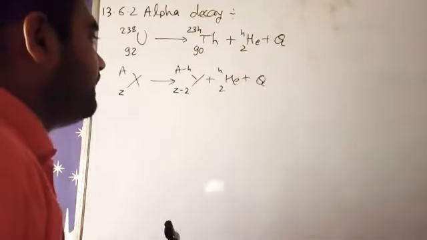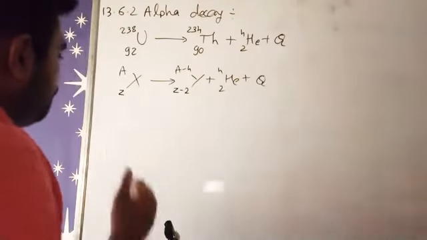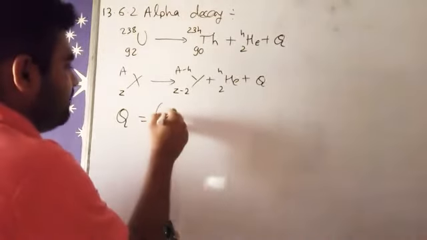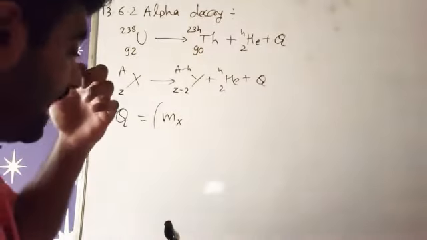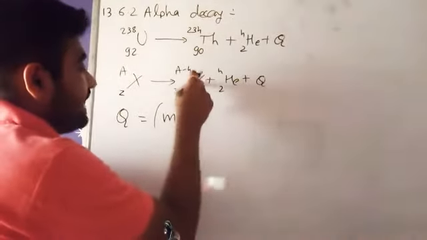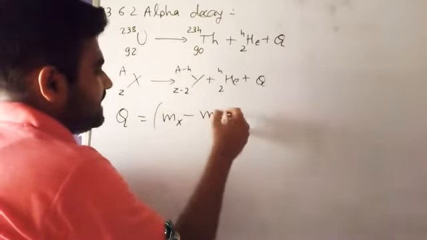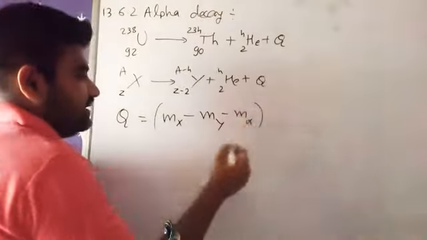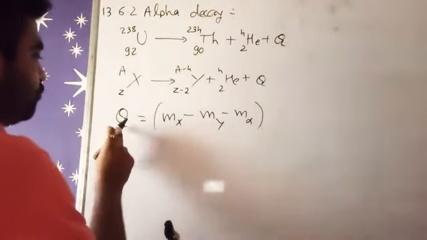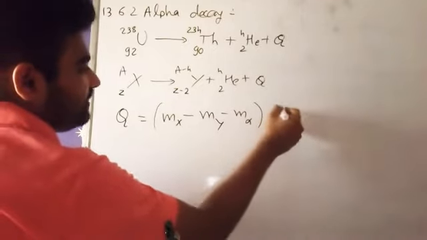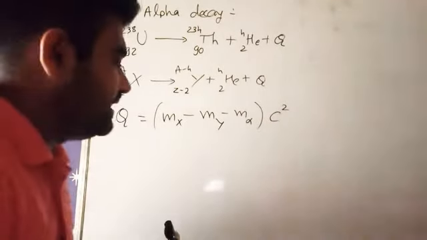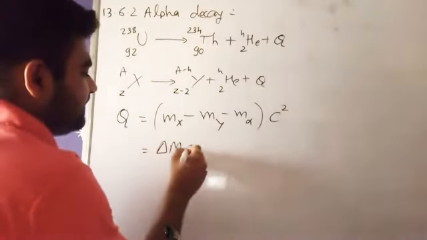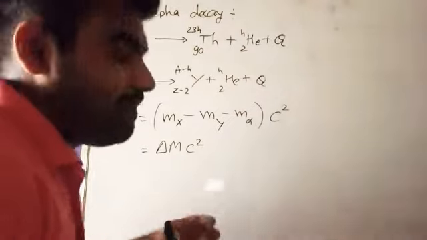Now we want to find Q, right? Now Q is equal to, see here mx, we have mass of X element minus right hand side mass of Y element minus mass of alpha element. So here we get actually Q, this equation into C square, then we get Q. It is called energy. So this is nothing but one type of mass defect into C square, that will be energy. It is called mass energy.